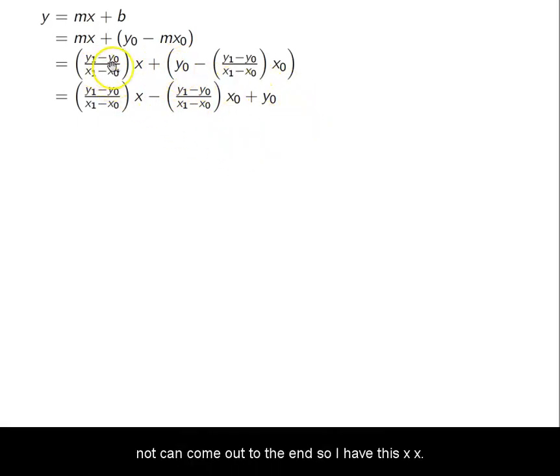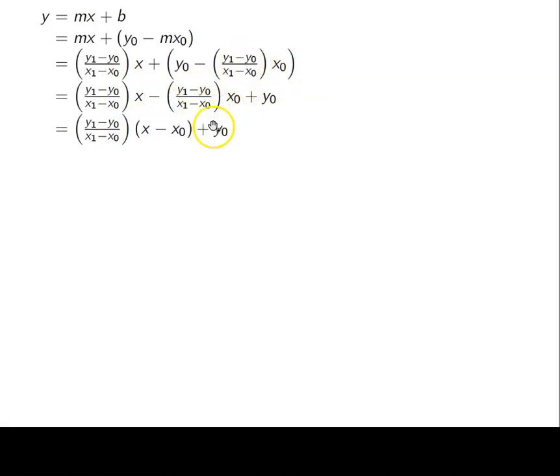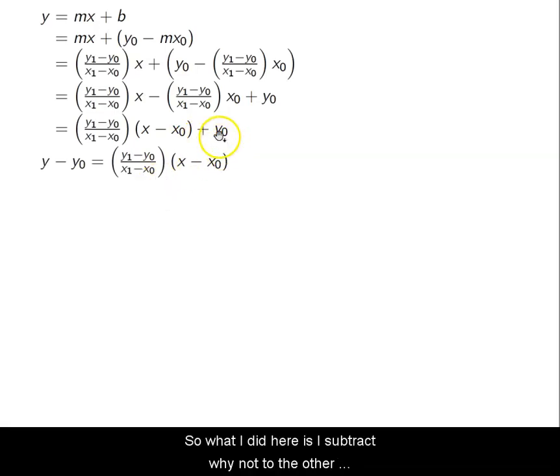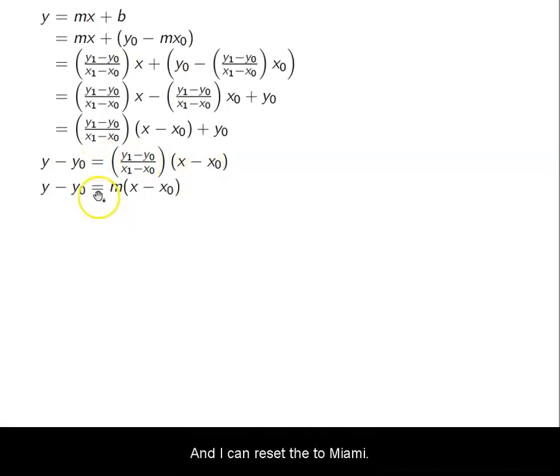So I have this m times x minus m times x naught, okay? So I can pull out that common factor of m, and I have m times x minus x naught plus y naught, okay? What I did here is I subtracted y naught to the other side. So now this is y minus y naught equals m times x minus x naught. And I can resubstitute my m in. And now we have that